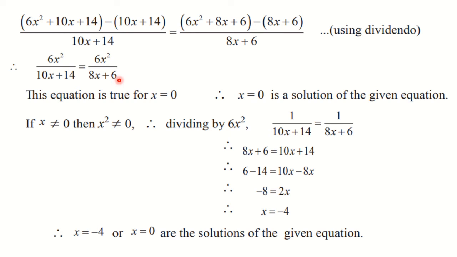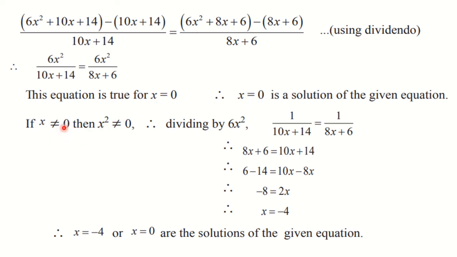Now we have to first check for x is equal to 0. If we put x is equal to 0, then numerator is going to become 0 and left hand side is going to become equal to the right hand side. LHS is equal to RHS. So this equation is true for x is equal to 0 because both the sides are equal. So we can say that x is equal to 0 is a solution for this equation. To solve the equation means what? To find the value of x. So here one value is x equal to 0.